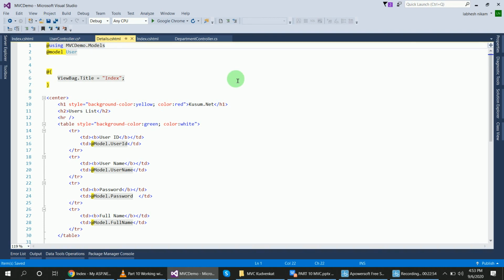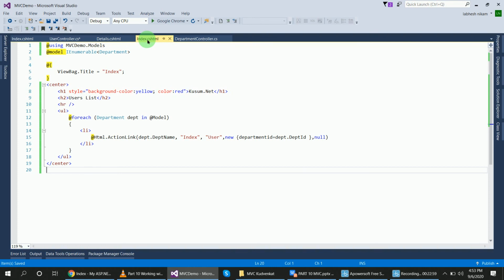So now we run our program from index of department, right? This is my department list, index view page.